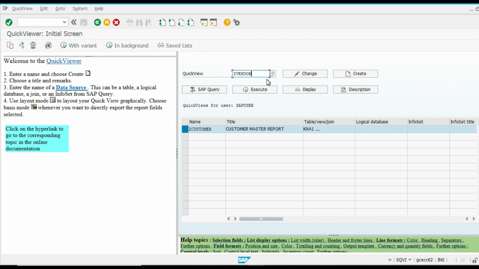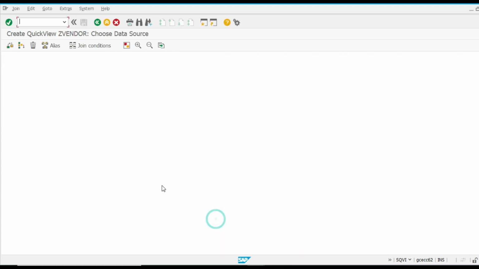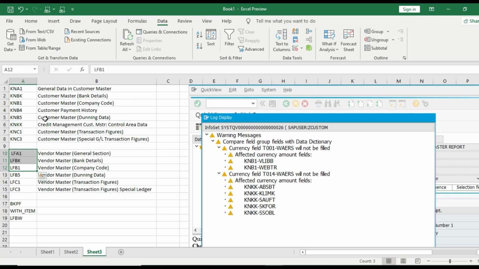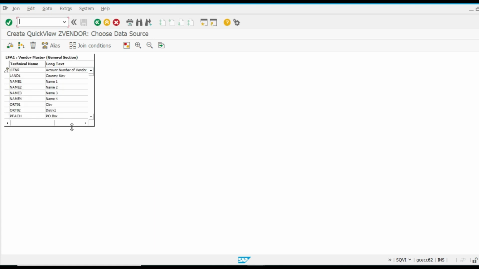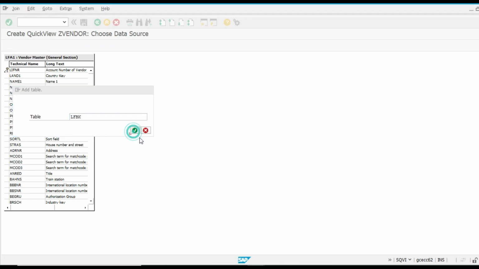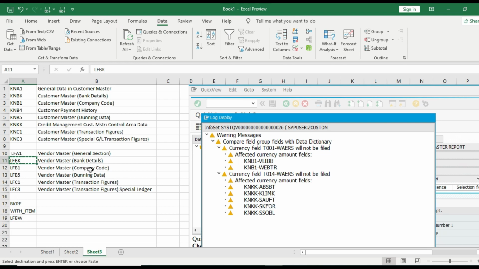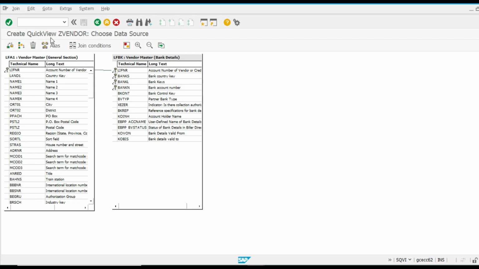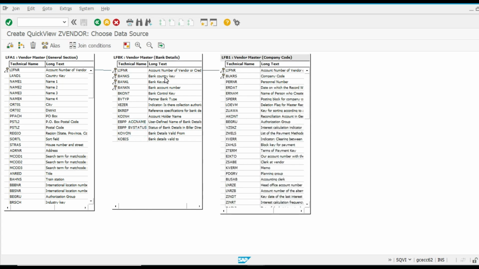Z vendor, create vendor report, then again table join, basis mode, insert table, LFA1, then vendor master bank detail, LFBK, then company code data. So